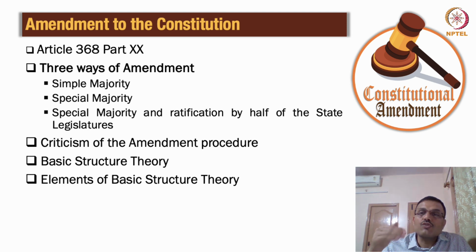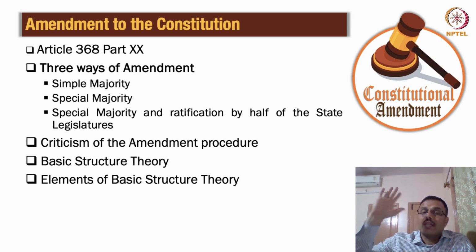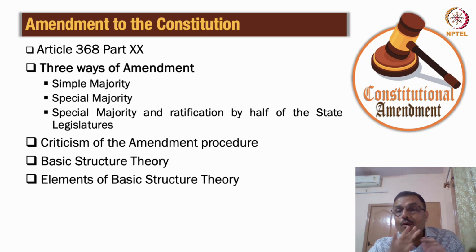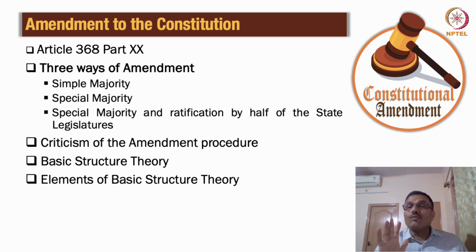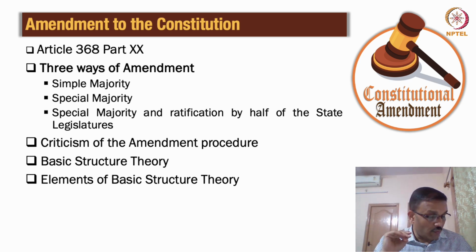So at this point, I think the Supreme Court had to intervene. They had to step in, and they said that this provision was beyond the amending powers of the Parliament. The Parliament could not bring such an amendment, and this violated the basic structure of the Constitution. Now, I believe that in the Indira Gandhi versus Raj Narain case, the court simply said that the basic structure of the Constitution is rule of law. Yes, rule of law is important. So, equality before law and equal protection of law is the basic feature of the Constitution. You cannot assume the role of being a superhuman and not being subject to the scrutiny and supervision of law.